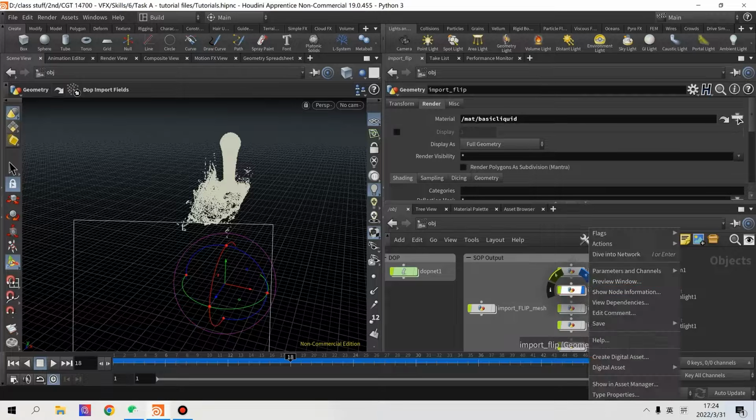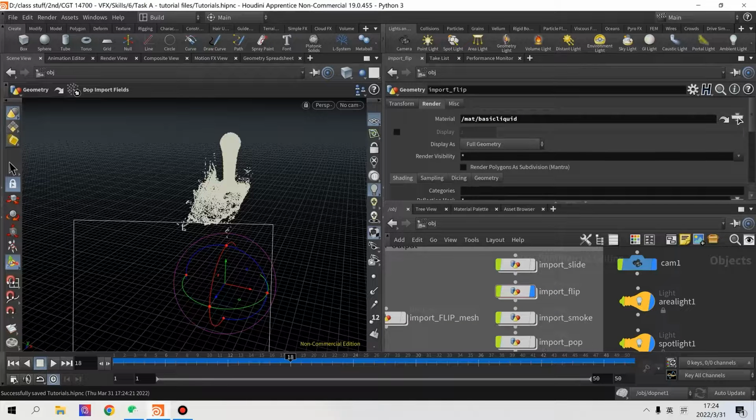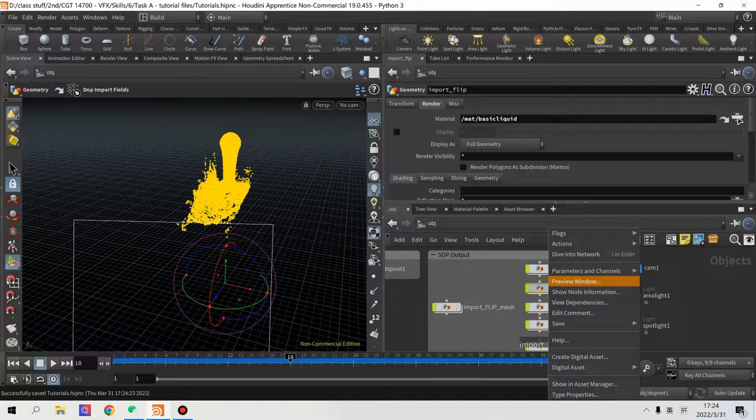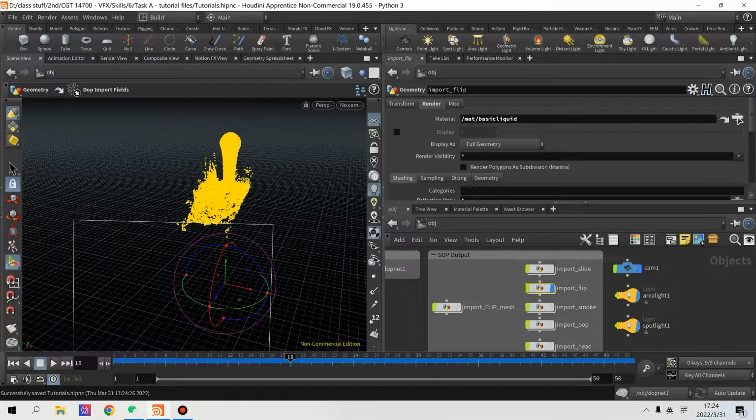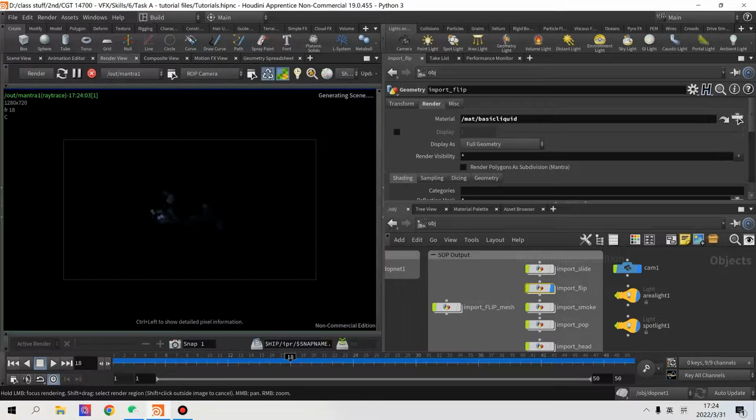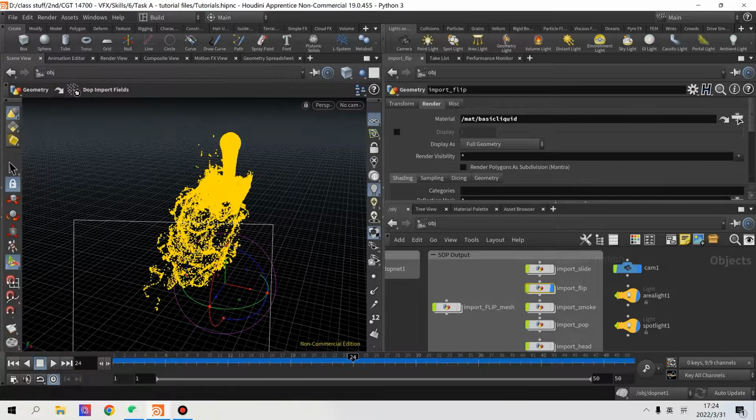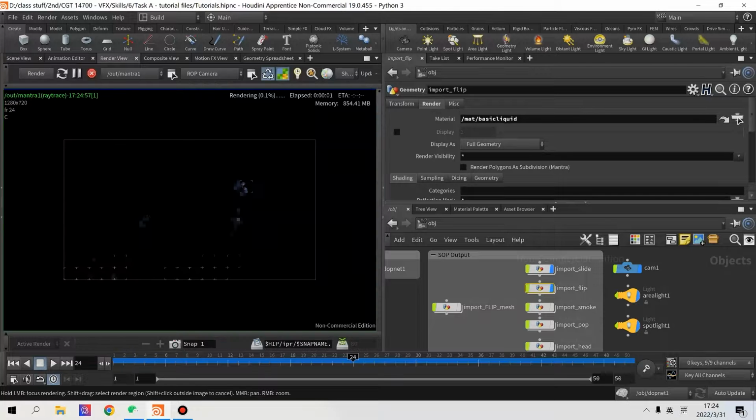So additionally, I want to talk about something that hasn't been covered in many places before, and I just discovered that through videos on the internet, which is pretty cool to see. One of the biggest problems about using basic liquid without any adjusting is that when you go to the render view, we can see that in the first frame everything looks pretty fine. But when we go to another frame in the second half, it doesn't look like what we see in the scene view, which is all of the fluid all over the place. Instead, we only see a little part of the awkward looking fluid and a big portion of blackness, which